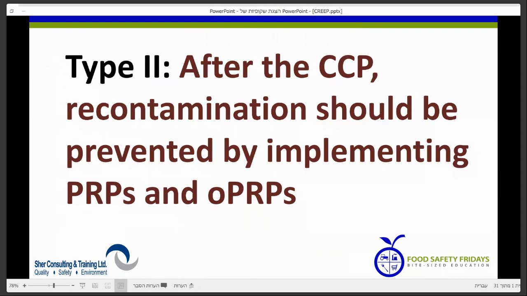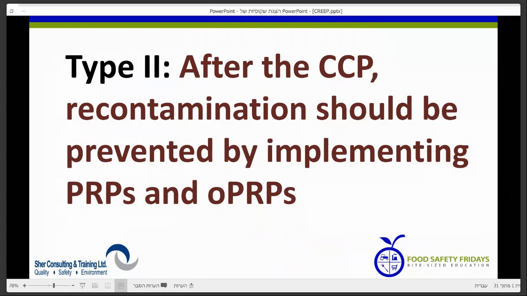Now, I want you to pay attention for a second. If you have an additional kill step that is post-lethal, in other words, you have your first kill step, let's say you're pasteurizing milk, for instance, or cooking hot dogs, and then you go through a whole process, and at the end of the process, you're going to implement another thermal kill step. Something in your process should be re-examined